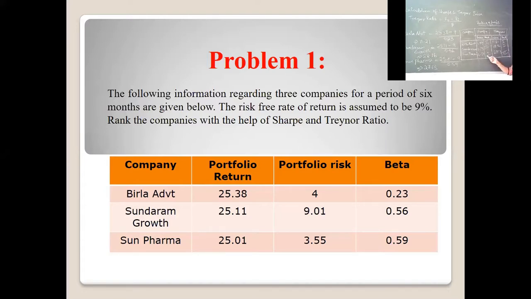So you could find the difference between the Treynor index and Sharpe index, where according to Sharpe index, risk is calculated in terms of standard deviation. If you take standard deviation as the risk measurement, then you would invest in Sun Pharma, followed by Birla Advantage, and then Sundaram. But what does Treynor do? Treynor considers beta value as the market risk, which is very efficient and true, because once I invest into Birla Advantage or Sundaram or Sun Pharma, the money is going to be invested into the stock market. So the important tool that helps us in predicting the volatility of the stock market is the beta value.